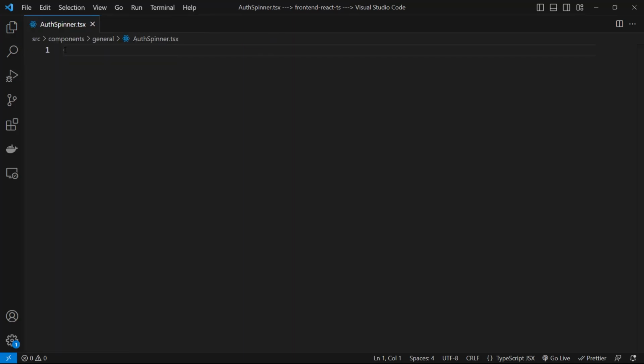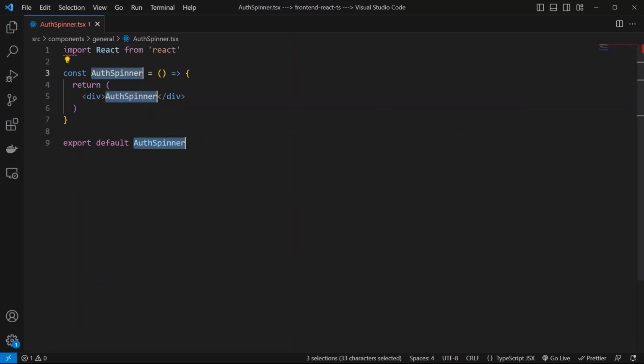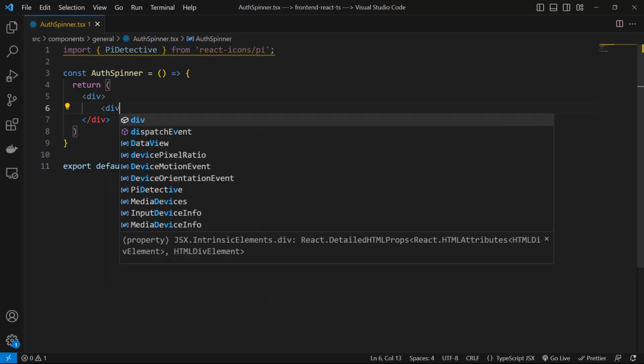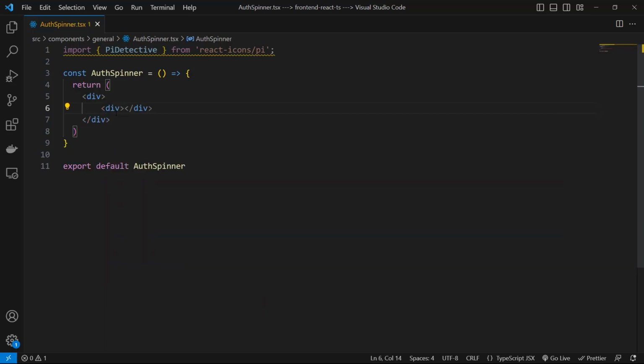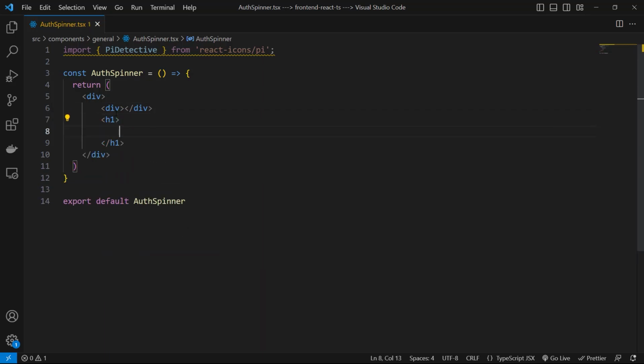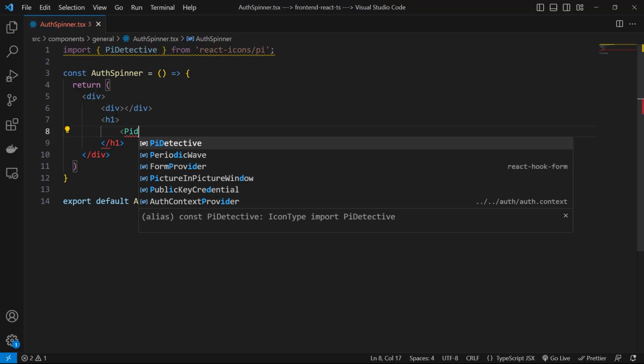So let's use our AFCE to create a new component inside of here. I don't need this React here. Instead, I will import this icon of PiDetective from react-icons/pi. That's it. So let's go here, and inside this AuthSpinner, let's delete this, and here we have a division, and again inside of that let's have another division, and after that let's have an h1, and inside this h1 I want to use this PiDetective,